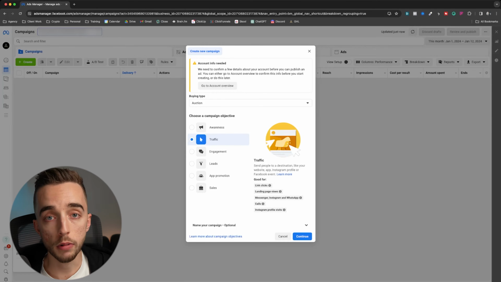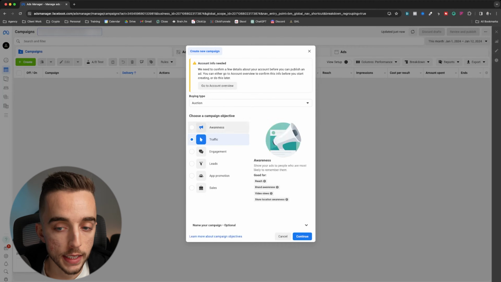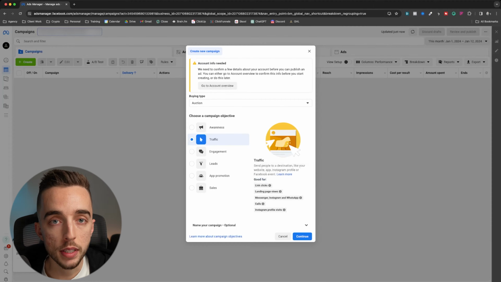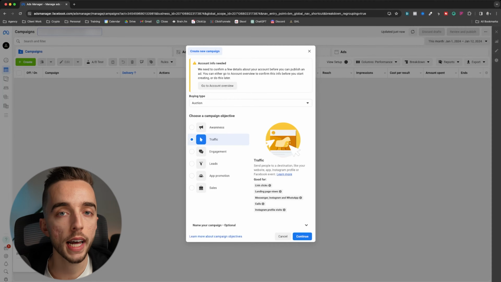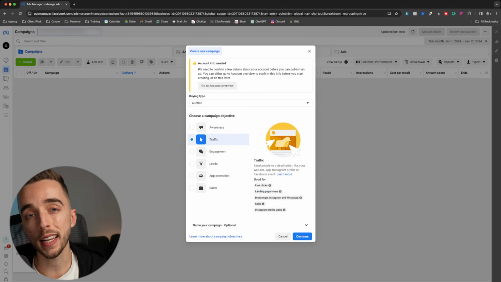Traditionally, up until a couple of weeks ago, the only way to run ads essentially straight to your Instagram profile was to run traffic ads, optimize for link clicks, and simply have a link to your Instagram profile. But there wouldn't really be any tracking beyond that point, meaning the only thing Facebook would track is how many people clicked on your link. It wouldn't track how many people ended up on your profile, not even how many people followed your profile. Whereas now, Facebook has an objective for you to track how many people not only click on the link,